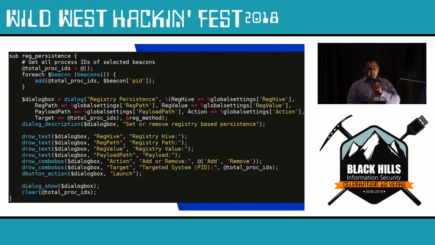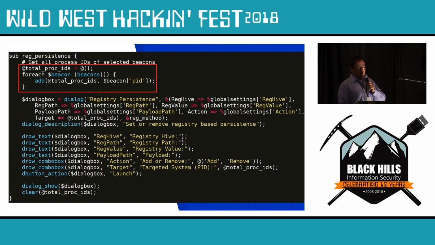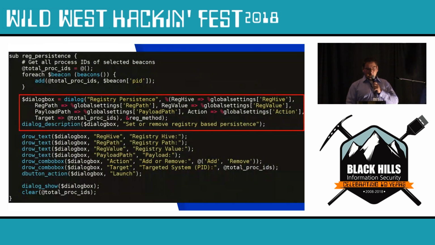So this is the same concept. Here's our registry persistence, except in this part, we are building out the pop-up menu and what it looks like. At the very bottom, originally, we have all the different beacons that you can choose, like which beacon do you want to run this command on. Well, this is how we're doing it. We're gathering an array of every single beacon that's running on the system. Right here in this code box, we're setting the default values, and we're also defining the different fields that are going to be present on this pop-up.